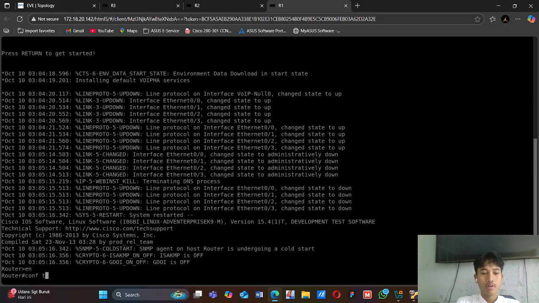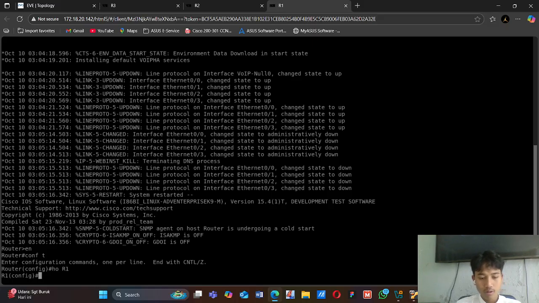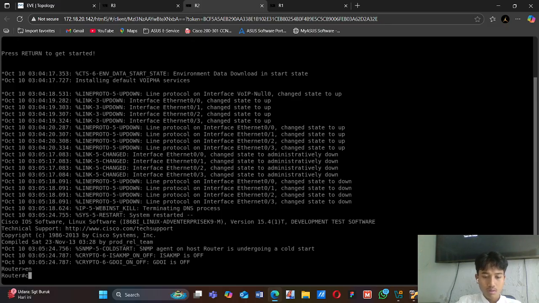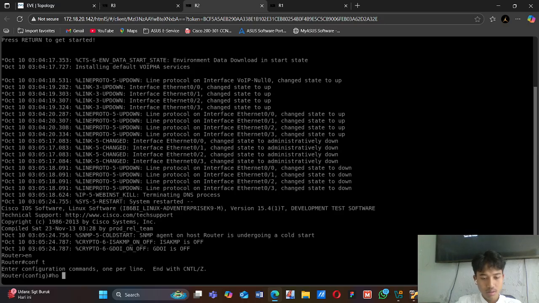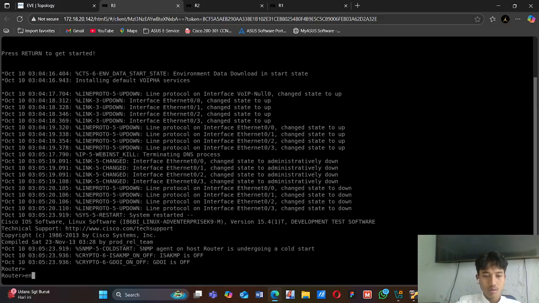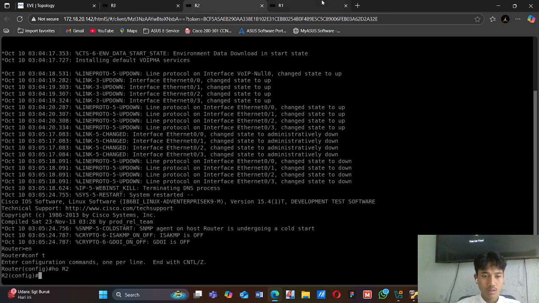So we must configure it again from 0. I will change the hostname first so that we don't get mixed up, and then router 2. Enable, configure terminal. Okay, like this.